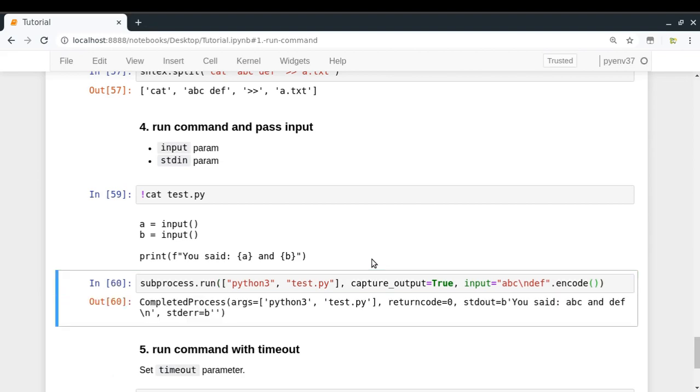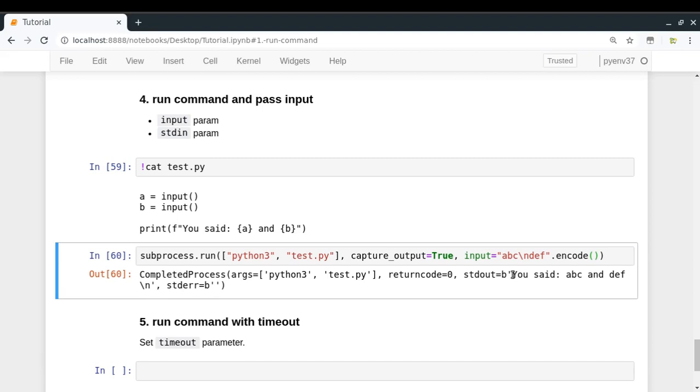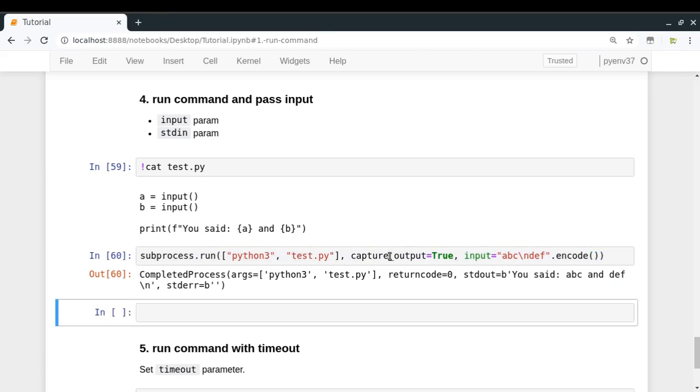So look at that, I ran it and I'm getting the output as you said, ABC and DEF, which is the correct output of my shell command execution. So in this way we can pass input to our shell commands. And now to make it a bit simpler,